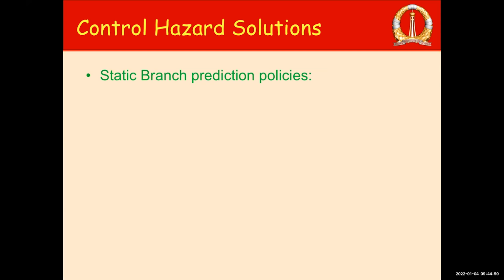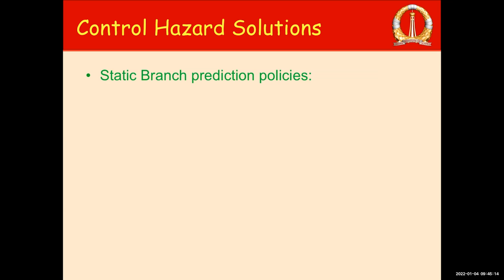But if it so happens that after that cycle you find out that the branch is indeed taken, then whatever instruction you have fetched from the I+1th location, just discard it, and then in the next cycle fetch the instruction from the appropriate location. So this is what is called the static not taken branch prediction policy. And if the prediction is correct,